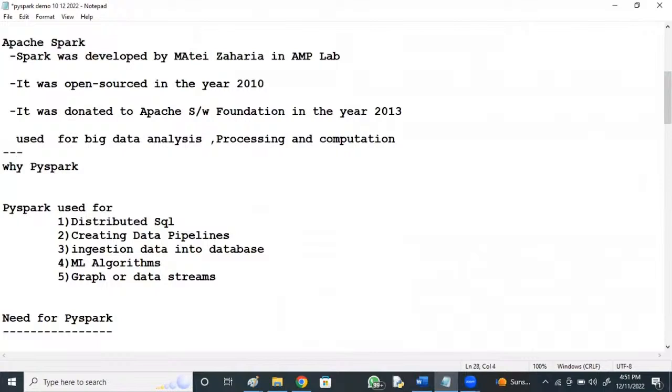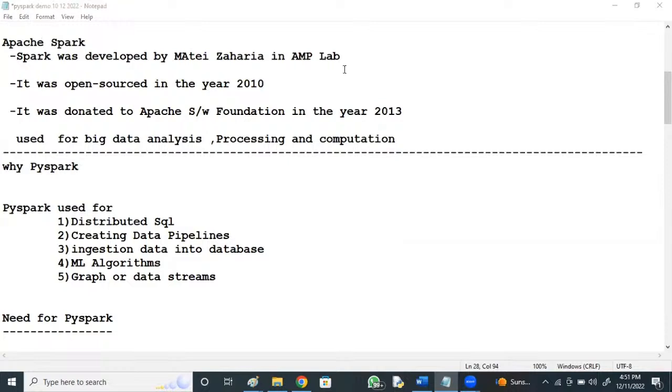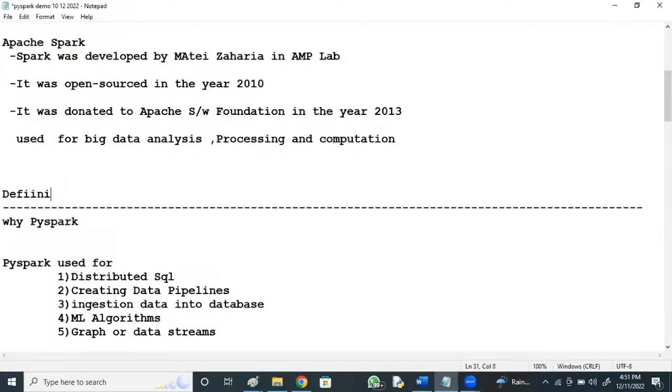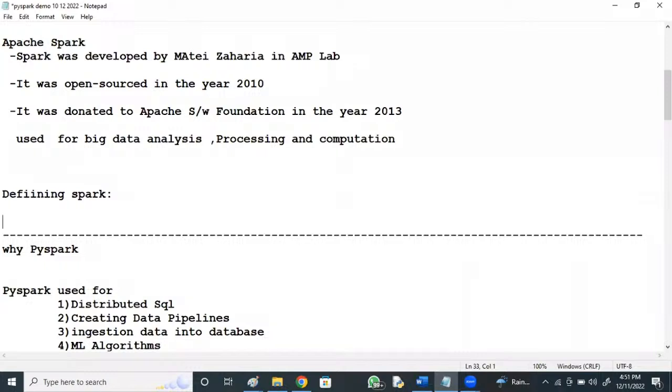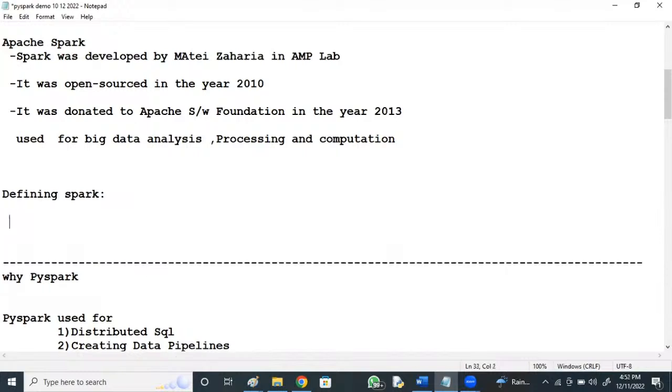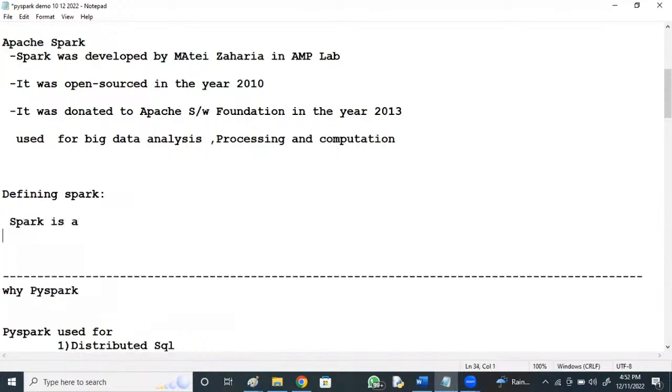Why PySpark? As I was discussing, why PySpark. Before that, if I want to define Spark, I can define Spark in 4 to 5 lines. Spark is an open source